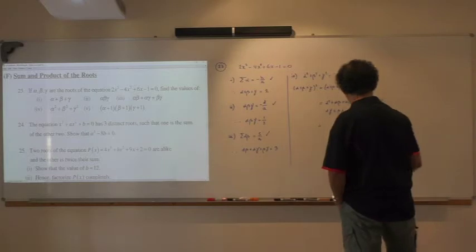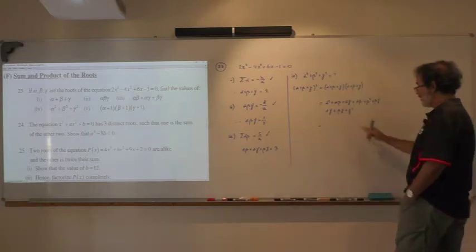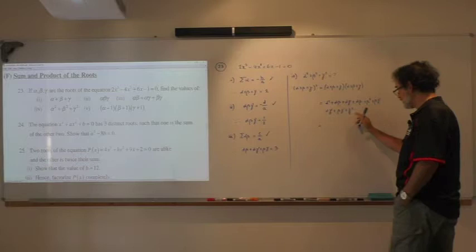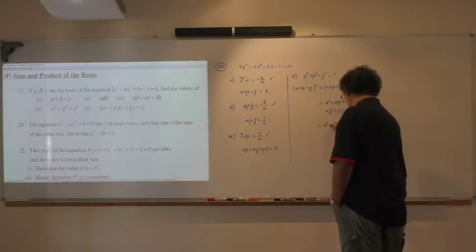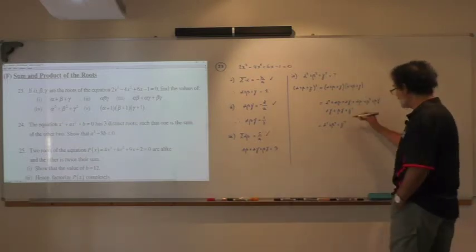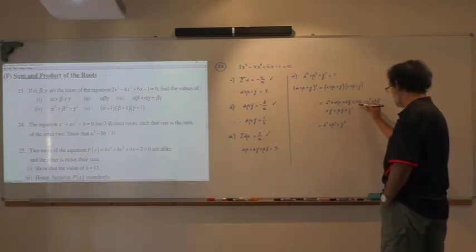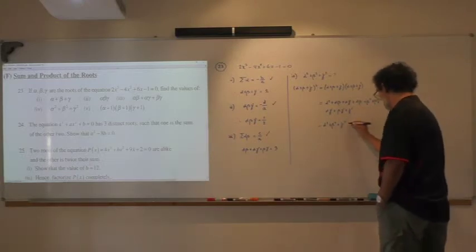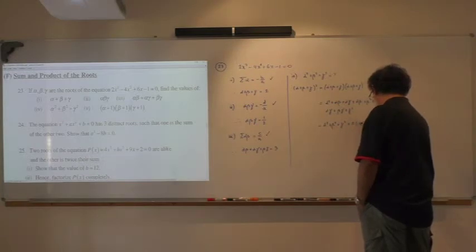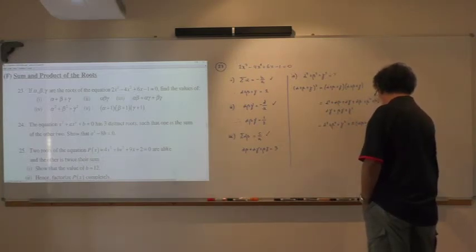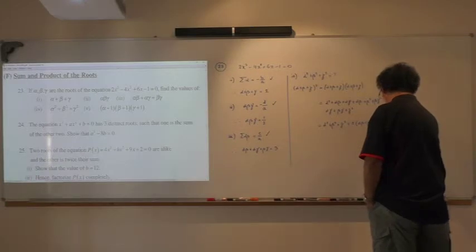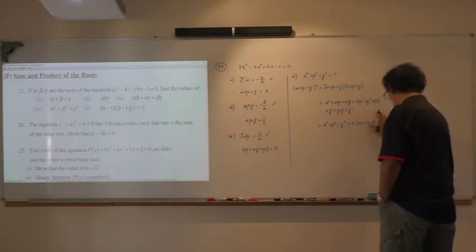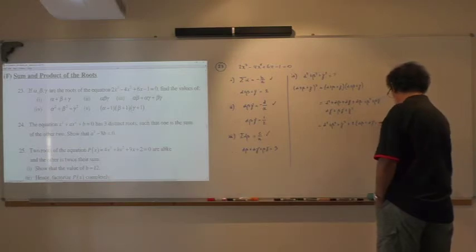All right, now if you look carefully, in here we have alpha square, beta square, and gamma square, so you're going to put them together: alpha square plus beta square plus gamma square, and then I'm going to have 2 alpha beta, or you're going to have 2 alpha gamma, and then I'm going to have 2 beta gamma, so it's going to have twice alpha beta plus beta gamma plus alpha gamma. All right,